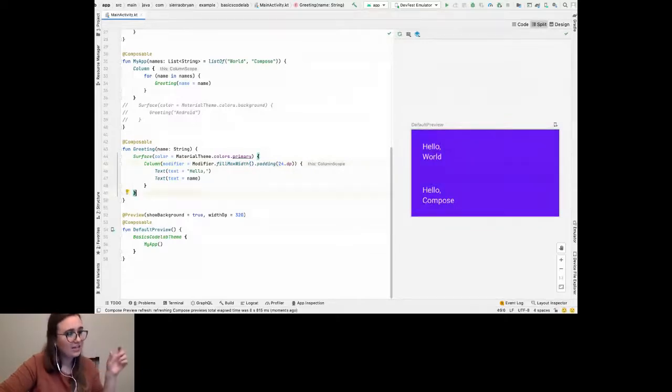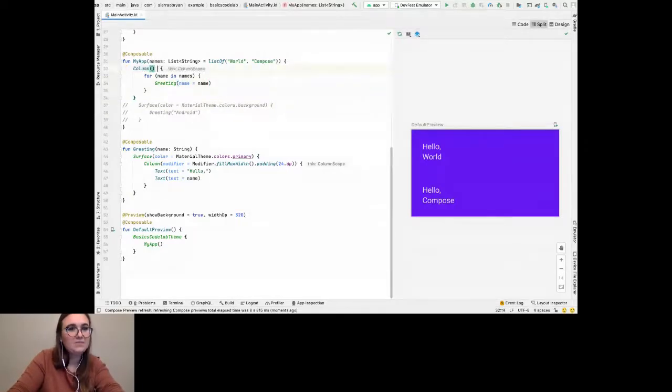The next thing that we're going to kind of think about is some of those gaps. So we want both hello world to have some gaps on the end, and to have some gaps on the top and the bottom, and some gaps between. And so we can do that with adding padding to the right places. So we want to go ahead and add a modifier to the column in my app to make sure that we add that padding on the top and bottom. And so here we can do modifier